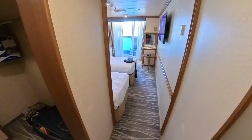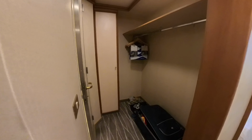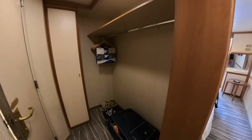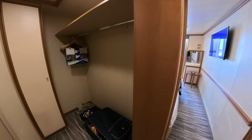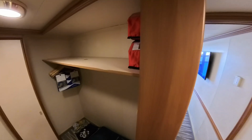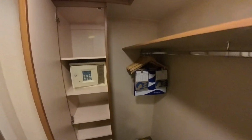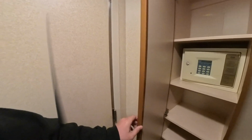So coming into the room, you can see the full room and see my luggage arrived not too long after getting on the ship. I went to the buffet, had lunch, and the luggage came a little bit after. Spacious storage, a shelf up here, lots and lots of hangers on this side. The lights are reflecting with the camera, and more storage areas, a safe inside, old safe,